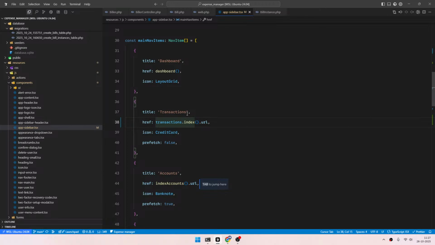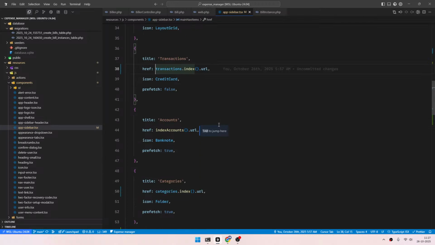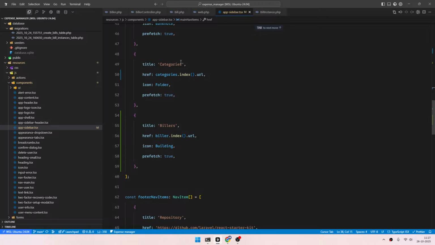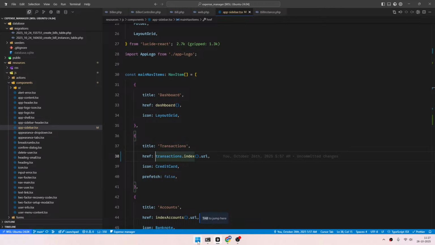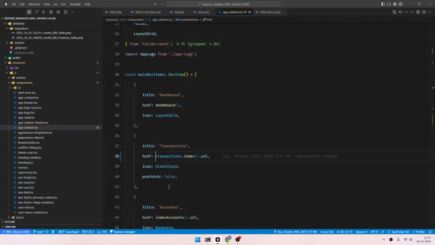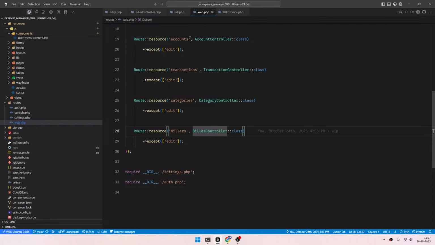Okay. This dashboard can continue to be there, but the rest of them are properly done. Okay. I should have a sidebar menu item. This is correct. Now let's close this and